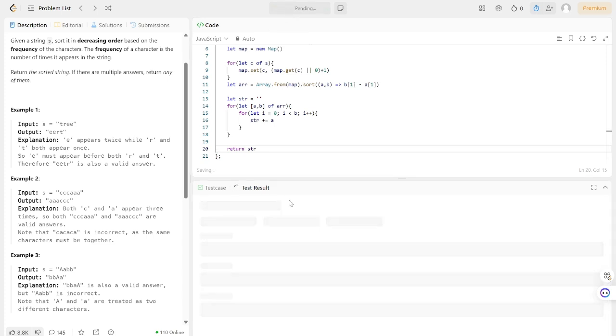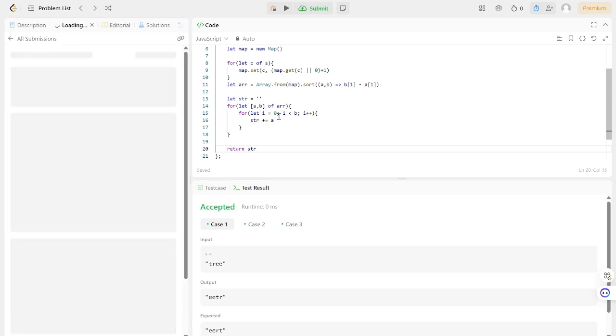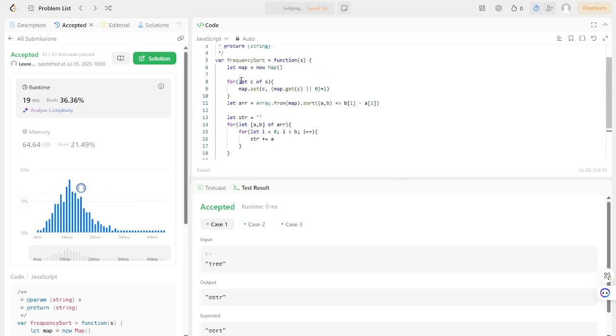Now let's run. As you can see, it passes. Let's submit. Well, normally it's faster than that, but anyway,